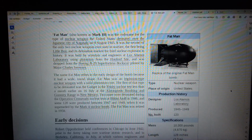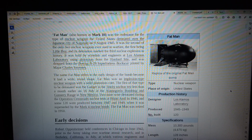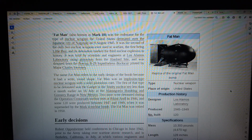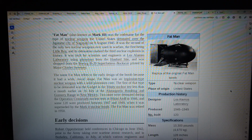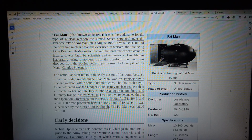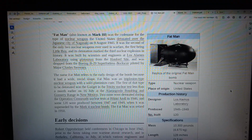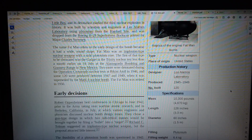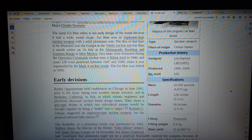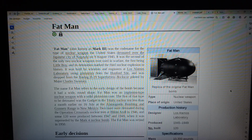Fat Man. This is a good article. Click here for more information. Page semi-protected. Fat Man replica of the original Fat Man bomb. Type: nuclear weapon. Place of origin: United States. Production history: designer Los Alamos Laboratory, produced 1945-1949, number built 120. Specifications: mass 10,300 pounds, 4,670 kilograms; length 128 inches, 3.3 m; diameter 60 inches, 1.5 m; filling plutonium, filling weight 6.4 kilograms; blast yield